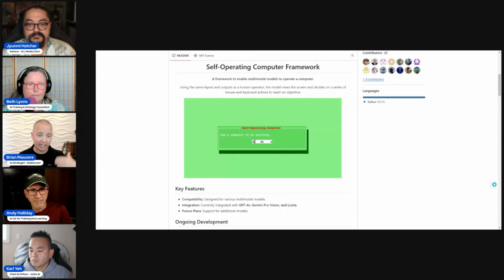It reminds me a lot of God Mode from a year ago, or Baby AGI, where you're seeing the process run as it goes. It's saying in the PowerShell, what I would need to do next is open it up on the desktop. Then it'll say, I found it. It's now active. Now I need to click on it to open it and press enter. If it does it, it'll say it. If it doesn't, it'll try almost continuously. You actually have to shut down the PowerShell to stop it. There's no stop feature.